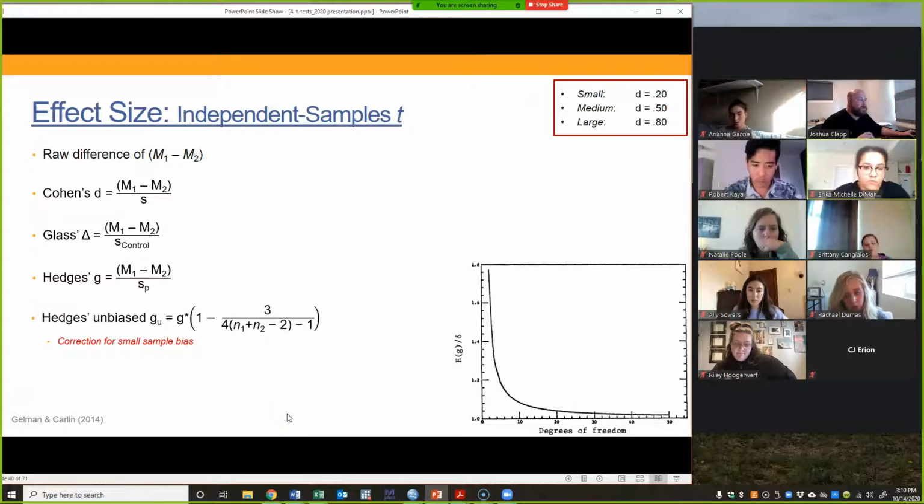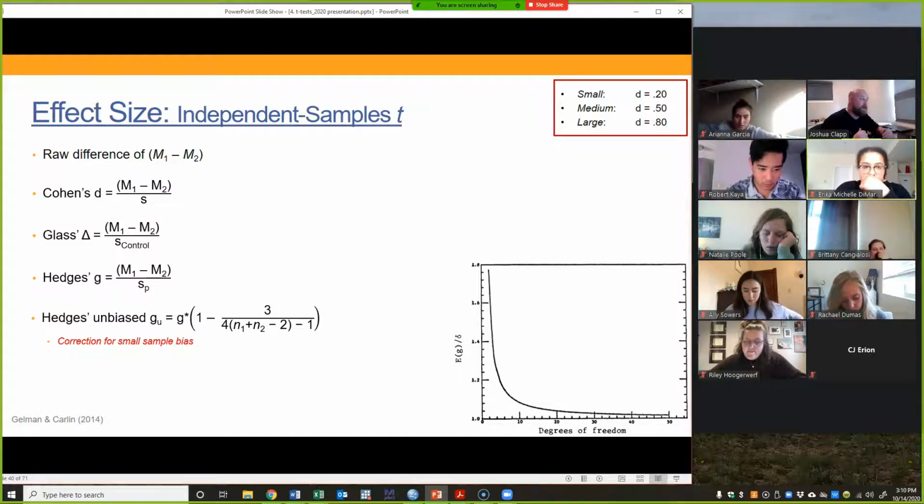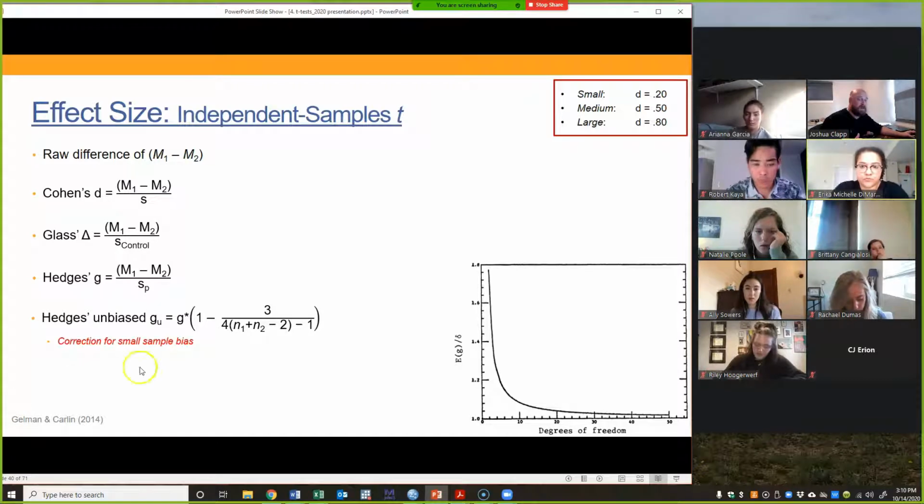Erica? It decreases the overall. Yeah. Perfect. I'm multiplying something by a number that's still a decimal, so it's still going to decrease my Hedges G, but it's going to decrease it by a smaller and smaller amount, right? So if I've got a really small sample, I'm getting a pretty big correction because I'm multiplying G by a smaller decimal. But as my sample gets larger and larger, I'm multiplying it by something functionally equivalent to almost 1,